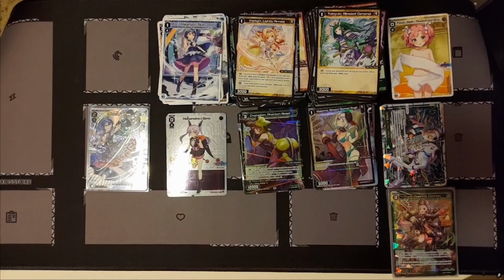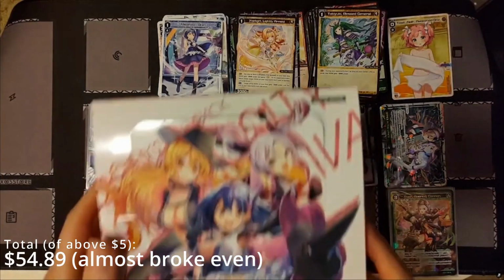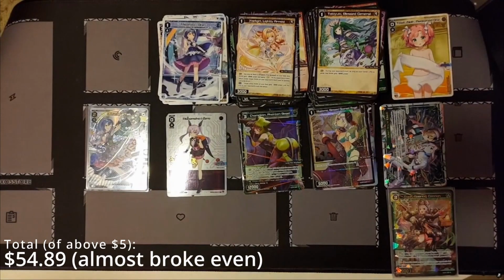Okay, so that was that box. No epic rares. Well, next box then. Next box. They're rare for a reason, right? Yeah. Alright,